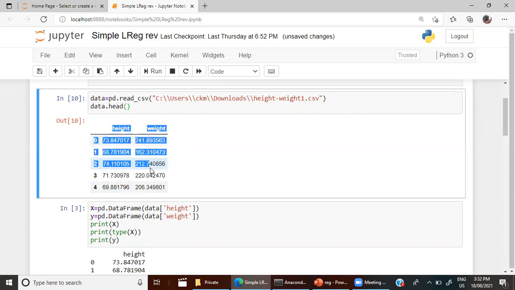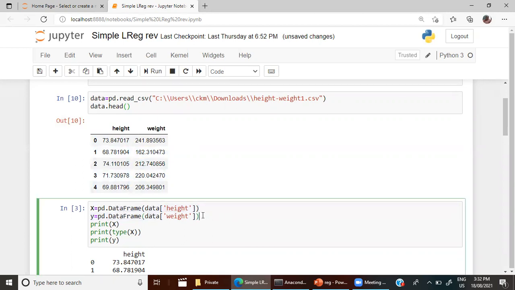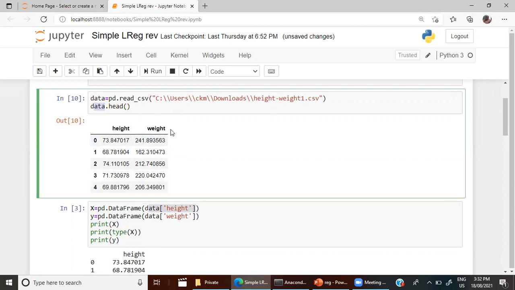So this is the whole data. The data is combined, that is height is our feature and weight is our target. So the next step is to split the feature and target. So x is equal to pd.DataFrame(data['Height']). This data contains both height and weight.